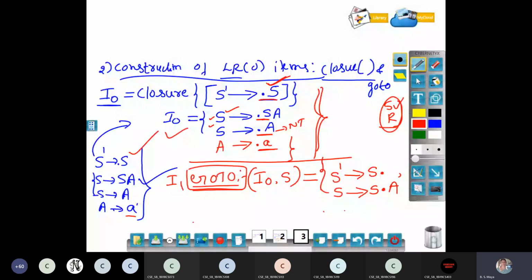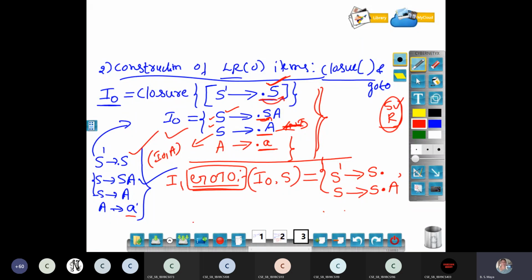Yes, dot A. Do you have any production with dot S at the beginning of the production? Check the third one. No. In the third line, what is there? A. If you want to do this action, you have to write it like this: I naught on A. When I take I naught on A, in the I naught state I am moving the dot over the non-terminal capital A, then only can I take these things. But now I am only moving on S, so I can't take it now. Any doubt in these two steps? I am just moving this dot to the next state.